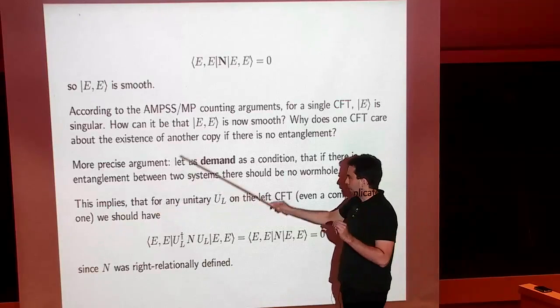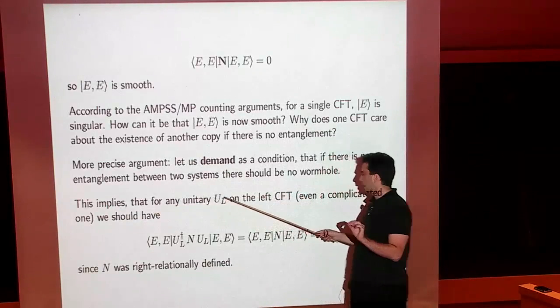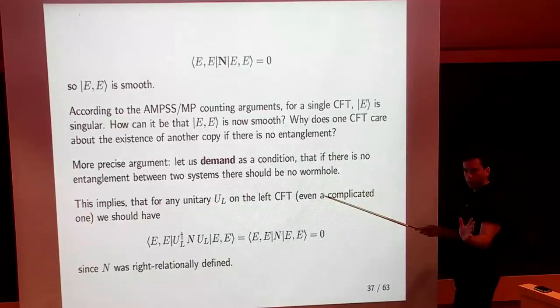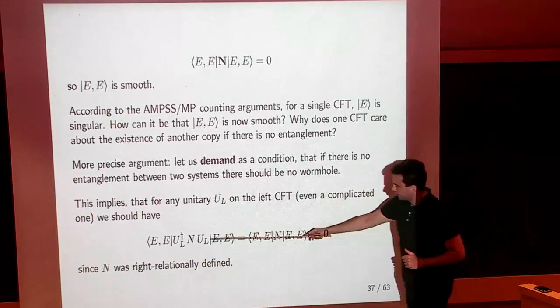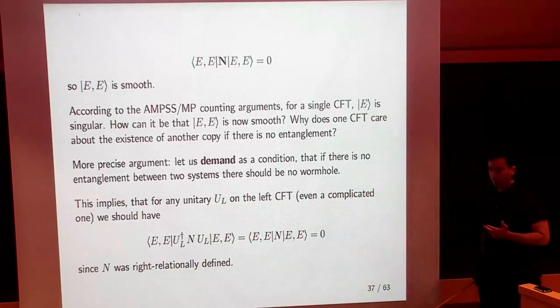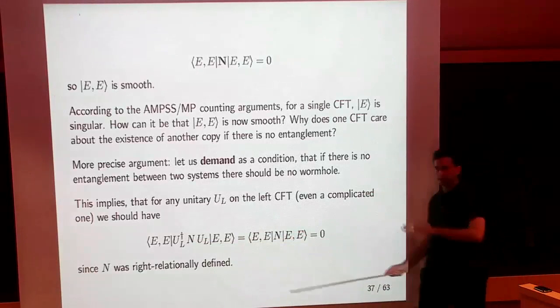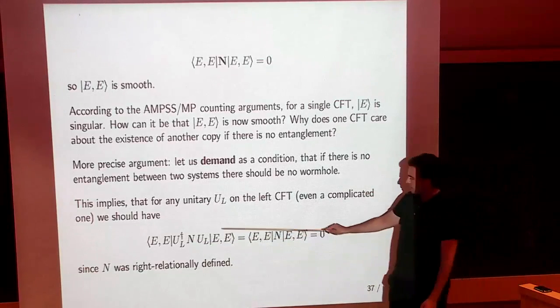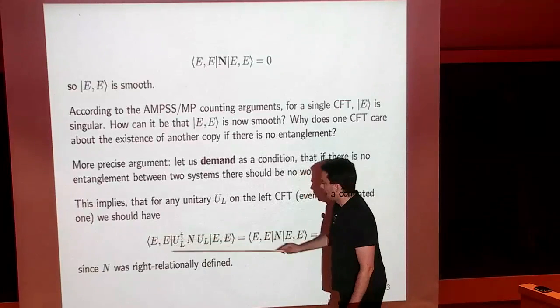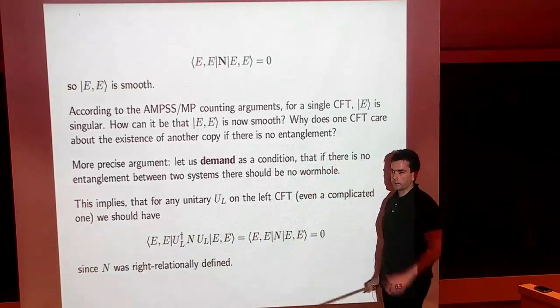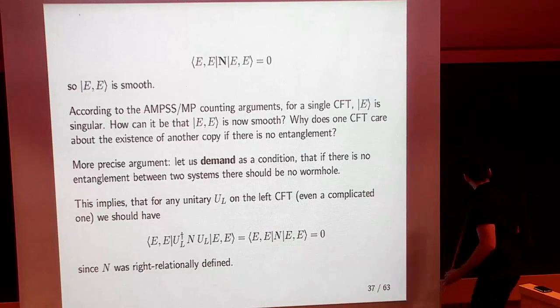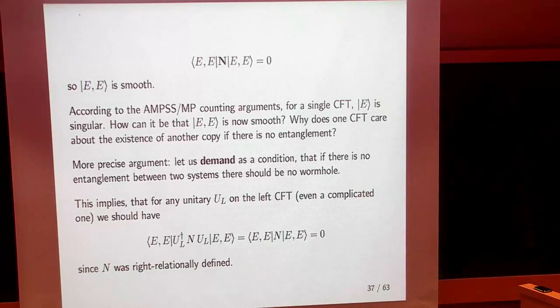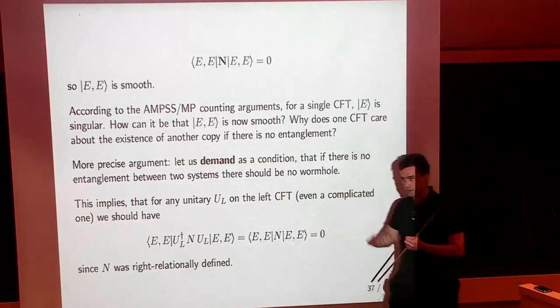The technical statement of this paragraph is that for any unitary acting on the left CFT, even if it's an incredibly complicated unitary, I want this unitary to commute with this n, with the operator which has been defined relationally from the right boundary. So in particular, if I change the state by acting with a unitary on the left, I don't want to change the experience of the right infalling observer. So this guy jumps from the right CFT, and I want to say that no matter what you do on the left CFT, you will never modify the experience of this guy, even if you are willing to act with complicated operators on the left CFT.